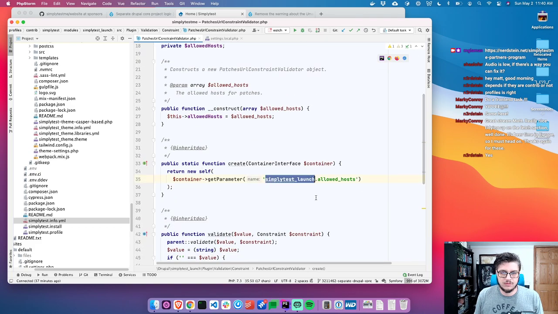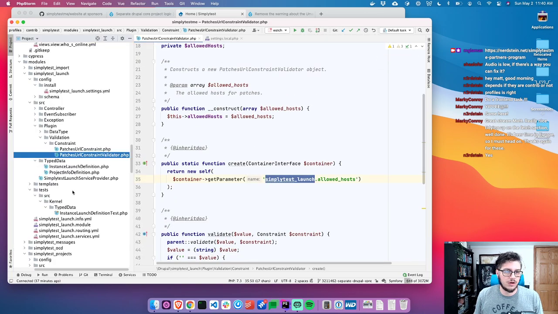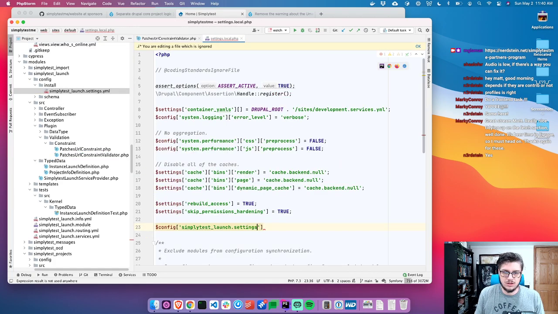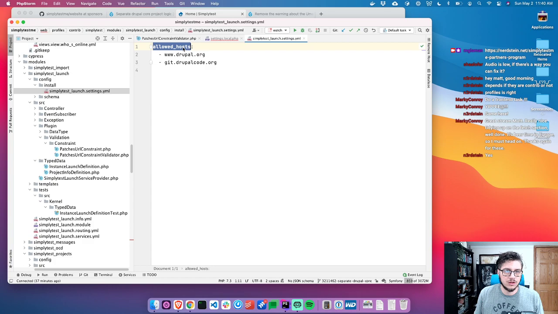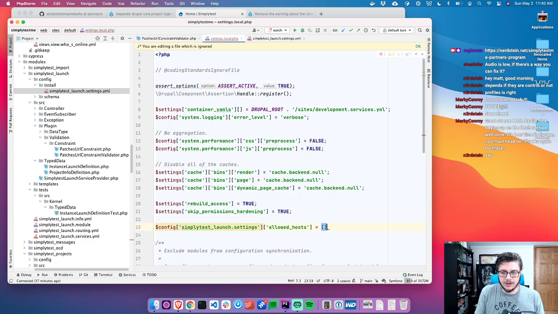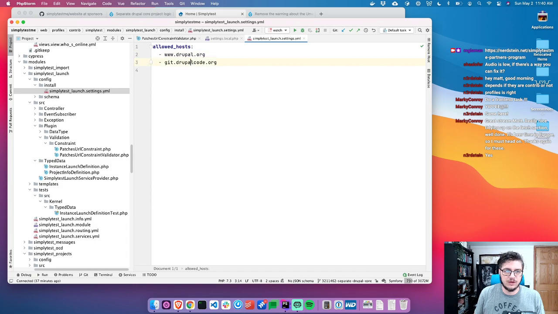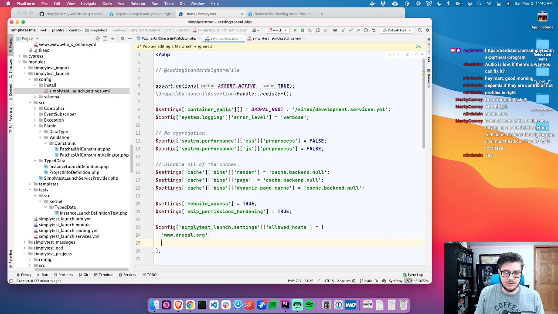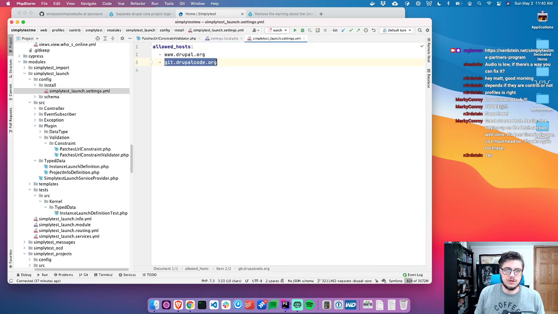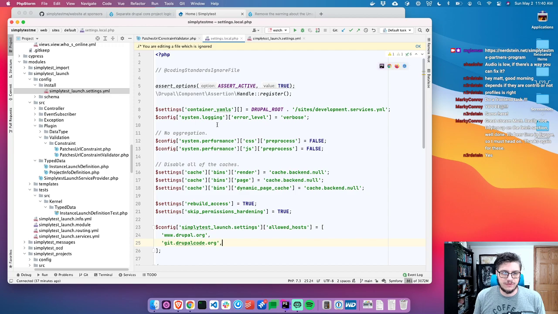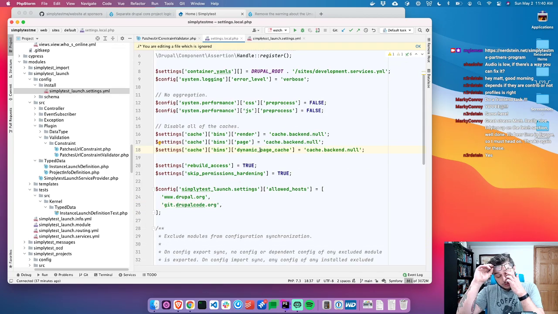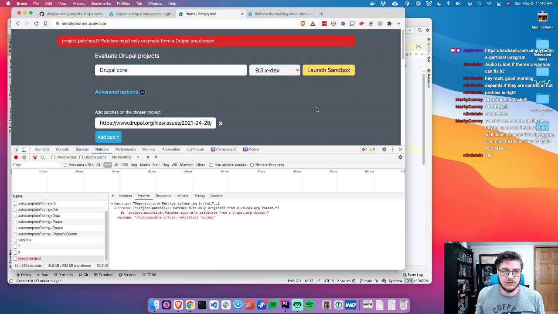Man, now my brain is blanking out on settings, and then it is allowed hosts. So I'm just making a config override for myself, so that way I can work around the problem. So maybe we'll be fixing a few bugs today instead of just core version support, which is nice. All right. So if I run launch sandbox,